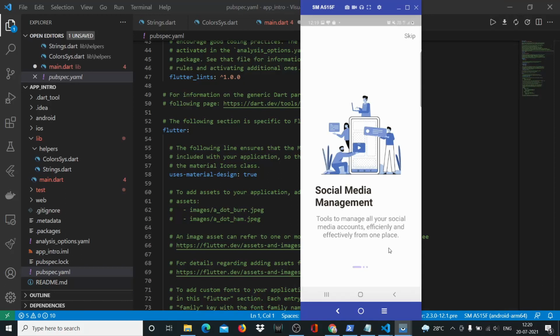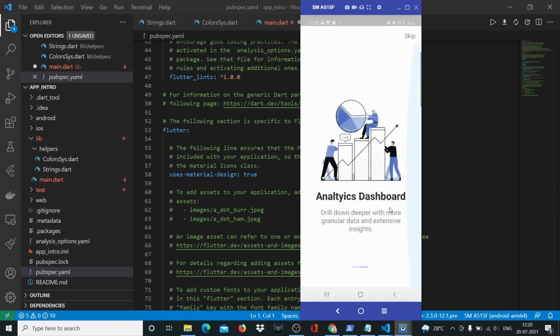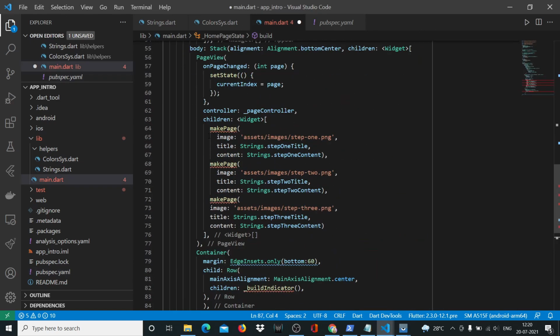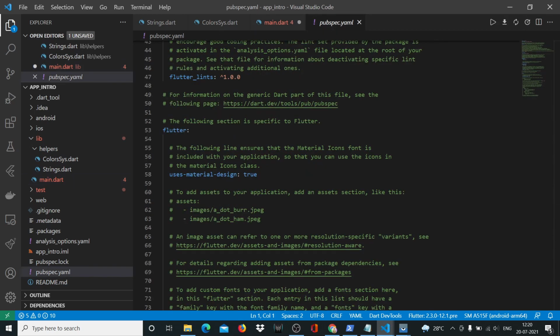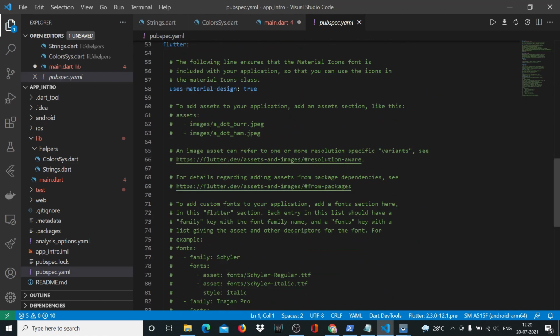Guys, welcome back to our Flutter app intro screens tutorial series, where we're building awesome app intro screens for Flutter. We had reached quite far in our main.dart file, where we had started sending these parameters image, title and content to our makePage widget, and makePage widget is what we're going to be building in this particular video. Before that, we'll head over to our pubspec YAML file, and here assets